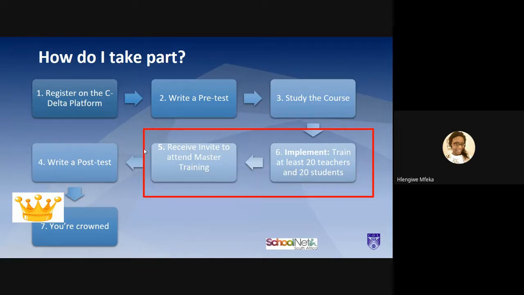The second one is to write a pre-test, study the course, write a post-test. With writing a post-test, you don't necessarily need to have completed all 7 modules. Remember, when you write a pre-test, it will inform you which areas you need to focus on. Therefore, you may not need to study all 7 modules, because some of us already possess some kind of knowledge or certain skills. Therefore, at any given time when you feel you are fit to attempt the post-test, yes, please do attempt the post-test.